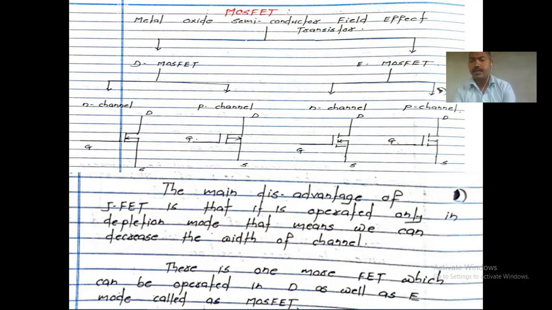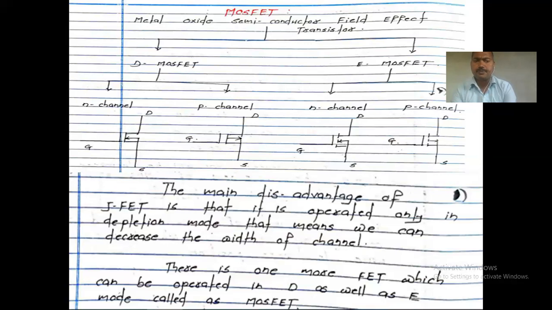What it indicates is that if we apply gate to source voltage and it's 0, in that case also your D MOSFET works, right? That's why it is called normally on type of MOSFET. In case of E MOSFET, if we apply 0 or no voltage with respect to your gate, it should not work, right? It should not work. That's why it is called E type MOSFET or enhancement type of MOSFET, right? We don't do the same thing with respect to D type MOSFET.